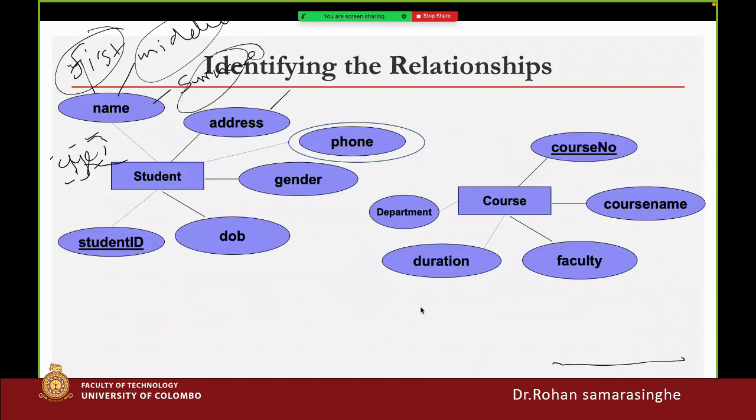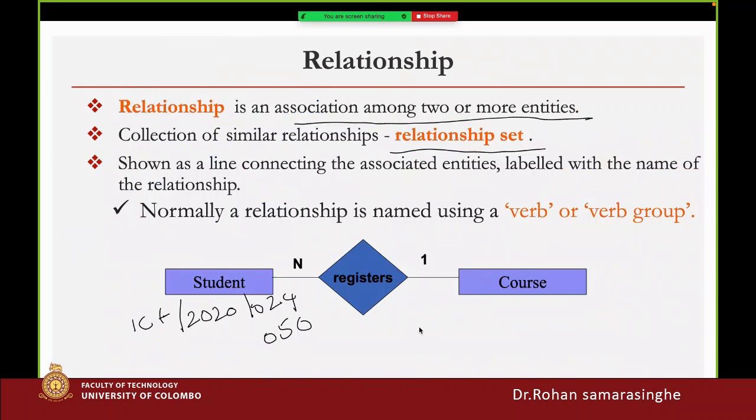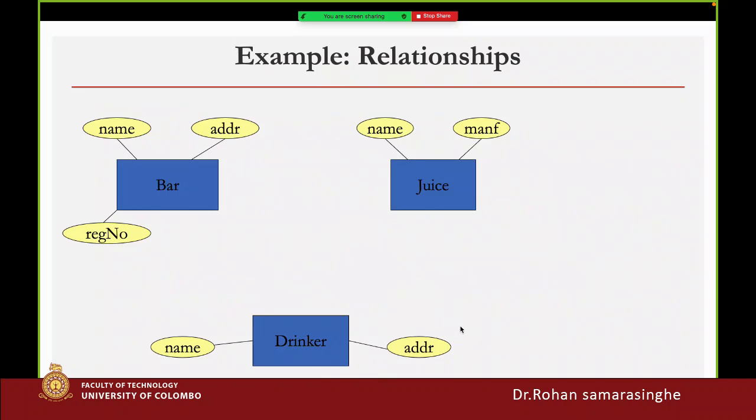Then let's go to the next one. So this is called the relationship and relationship examples. When you get the bar, it has the name, address and the registration number. Consider this is the pub or any other juice bar. So it has address, also name, also the registered number, and that juice bar sells the juice, name of the juice and the manufacturer, and also drinkers also there, the people,